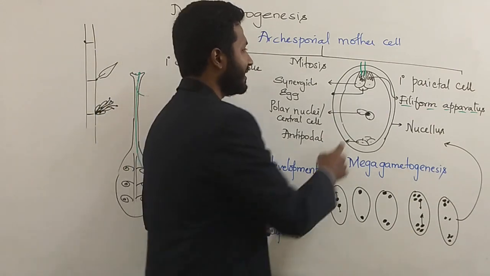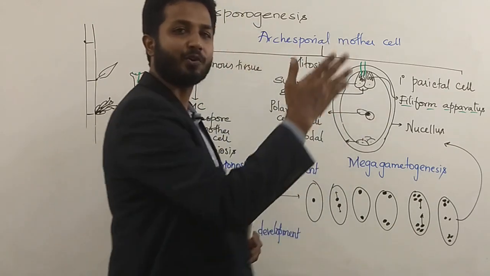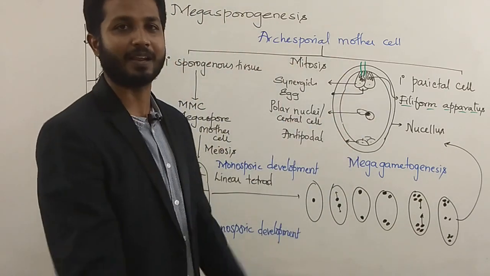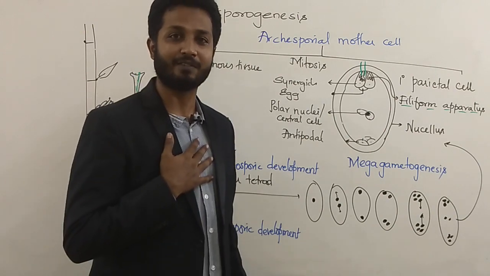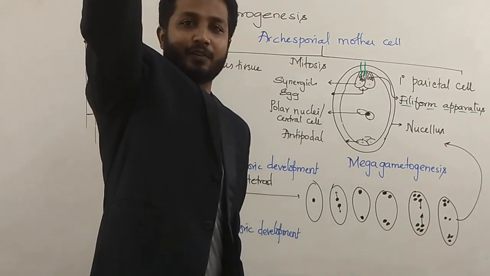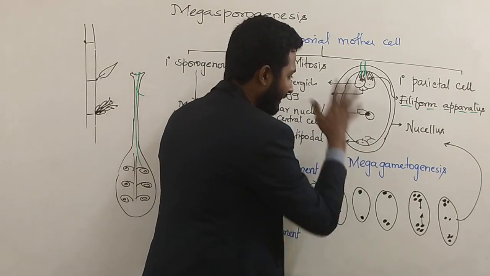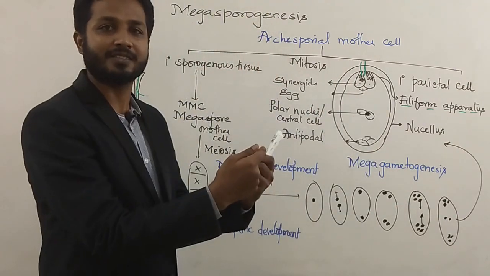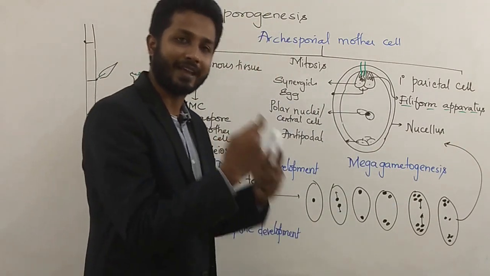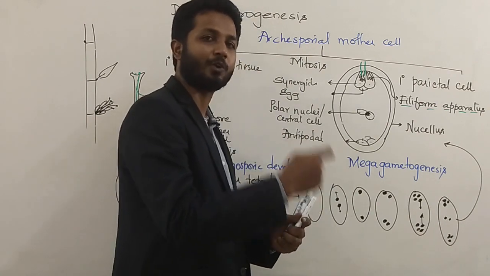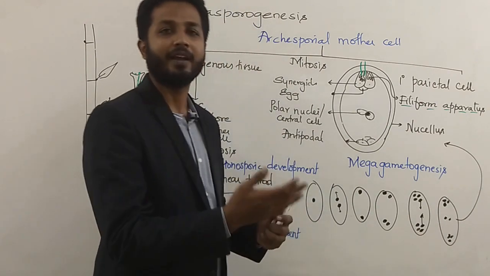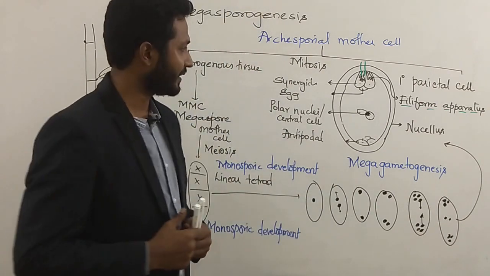It means sometimes the egg cell will fail to fuse with the male gamete. It will reject the male gamete. At that time the antipodal cell will say, I am ready to fuse. So at that time the antipodal cells will take up the charge and act like an egg cell and form a zygote. The zygote will develop into an embryo, and it's going to develop into a seed.